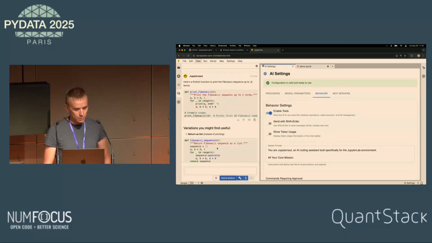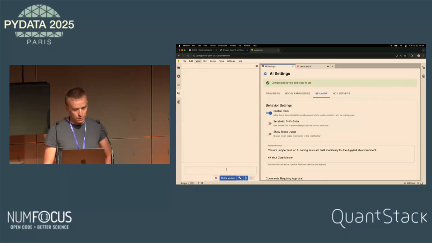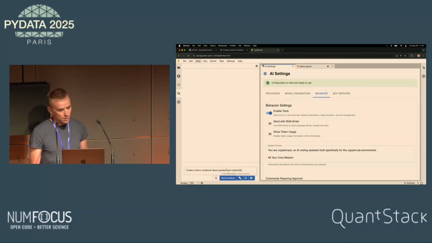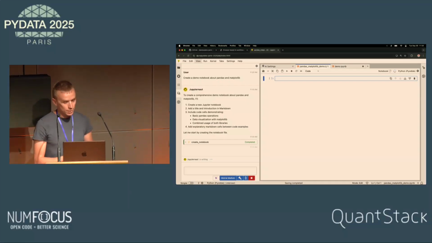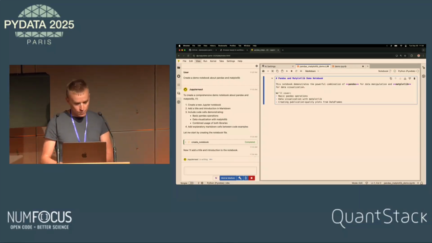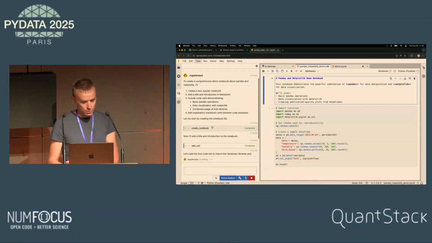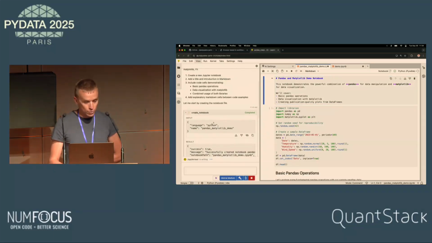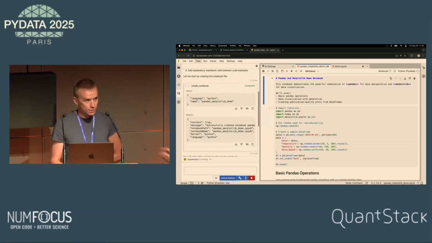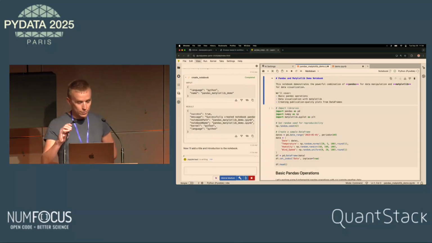If I clear and ask the model to create a new notebook about pandas and matplotlib, it's just going to do it. And here we can see which tools it's calling, which input, and what the result of the tool call is.